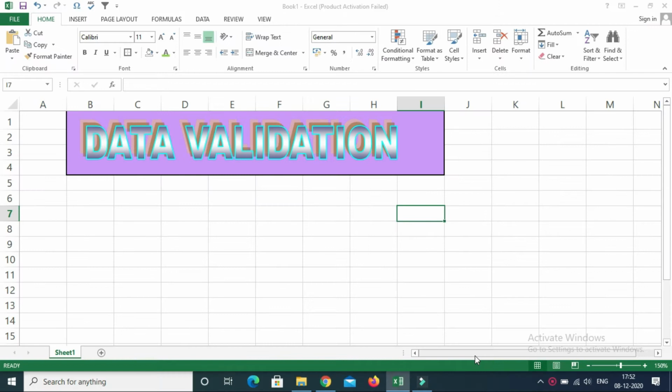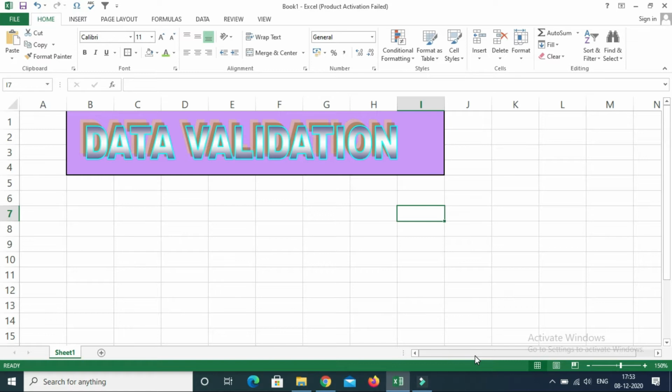Let's begin. So data validation is basically one of the most beautiful and useful inbuilt functions of MS Excel. You can use this functionality to control the data that is entered by a user, and you restrict that user to enter a specific range of numbers or text or date. So we'll look at different settings that we can make to restrict the user to enter a particular set of values into the cell. We can restrict the user from entering a range of numbers, text and date.